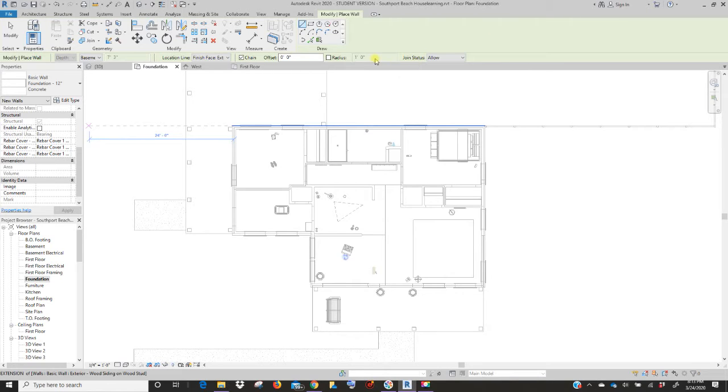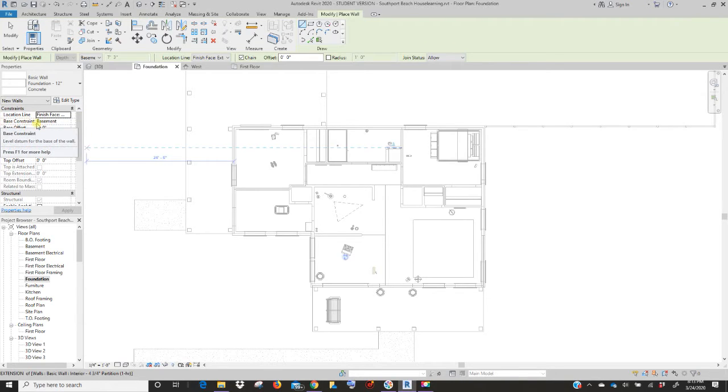So what we're going to do is in our properties, we have to tell this foundation wall where to be. So the base constraint of the foundation wall is going to be top of footing. Base constraint is going to be top of footing. Top constraint is going to be first floor. So we've changed the location line of the constraints. Base constraint, top of footing. Top constraint, first floor. It's already on the finished face exterior, and that's where we need this location line to